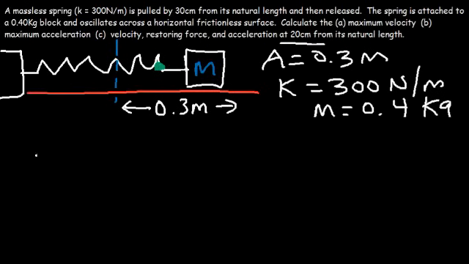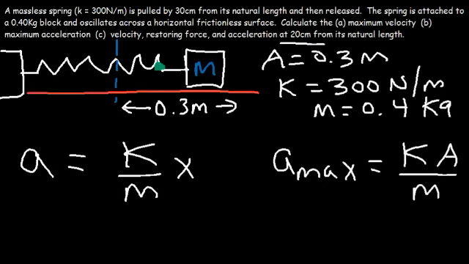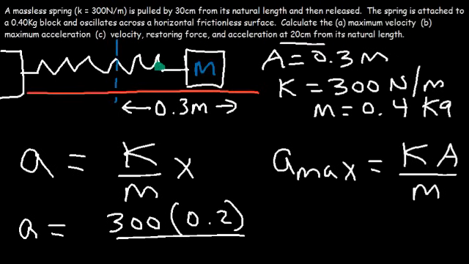Now, you can also use this equation. Acceleration is equal to k over m times x. It's similar to this equation. The maximum acceleration is k times A divided by m. But here it's k times x over m. So k is 300, x is 0.20, and m is 0.4. So if you use this equation, you should get the same answer,